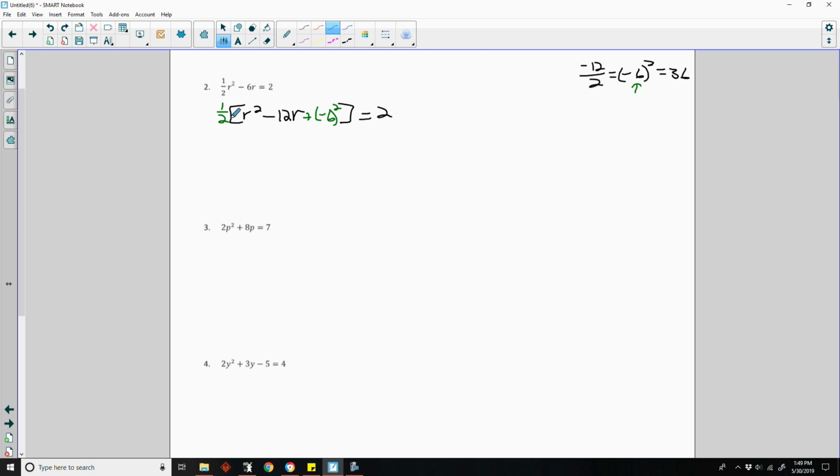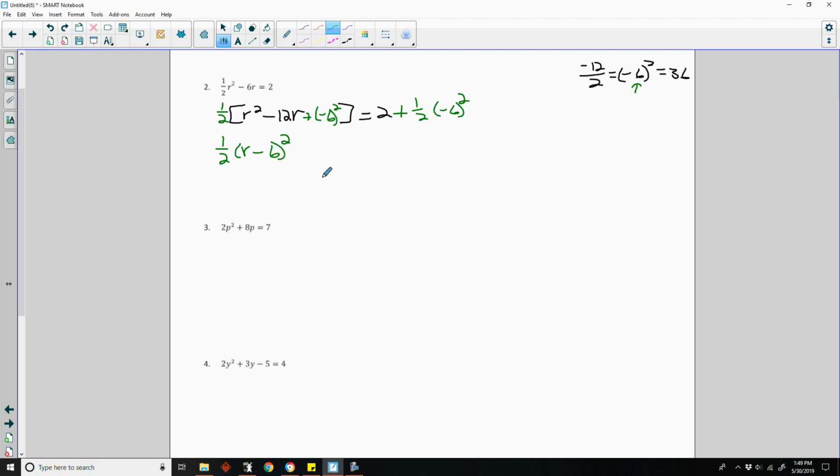I'm going to add 1/2 times negative 6 squared to this side. Since I've added it to this side, I need to add it over here. Add to the left, add to the right, it's still equal. Okay, so now I have 1/2 r minus my b divided by 2